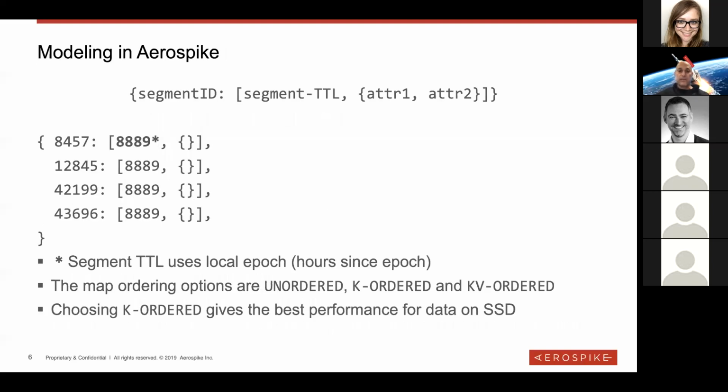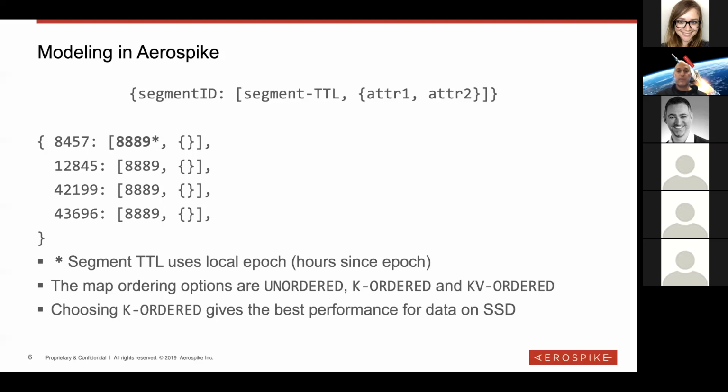So we looked at doing this differently in Aerospike, which is a row-oriented, not a column-oriented, database, if that means something to you. In Aerospike, you would basically have a map with all this information and have all of it sit together in a single record. So the key would be the user ID in order to get the row. And within that row, there would be a map, and every entry in the map would look like this.